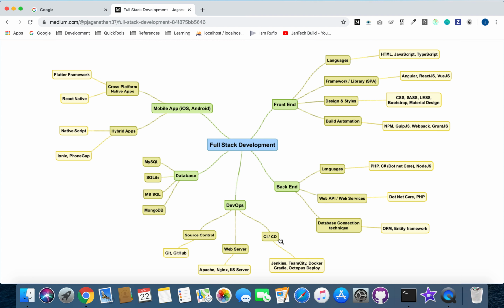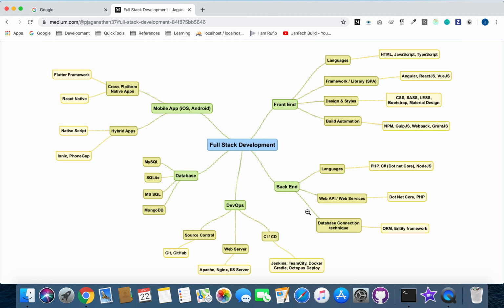After the code is pushed to source control, we need to build again. If we are working as a team, multiple members can push and pull the code, so in that case it will help. Once the code is pushed, it runs the automatic build. It makes sure that the code is buildable and available across all the team members. After building it, this is what we call continuous integration. And continuous delivery: